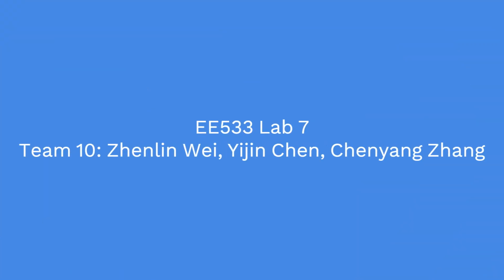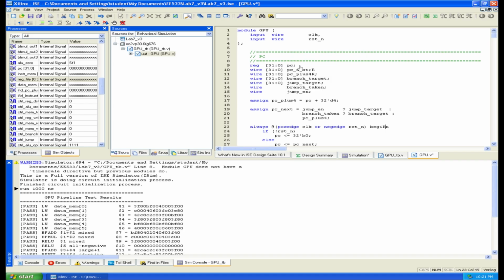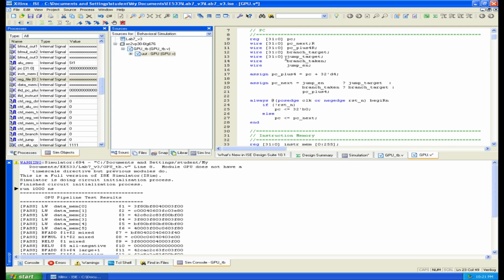This is a demo video for Lab 7, and this part is for the simulation for the GPU part. And first, as the instruction said, we need to build some module such as PC counter and